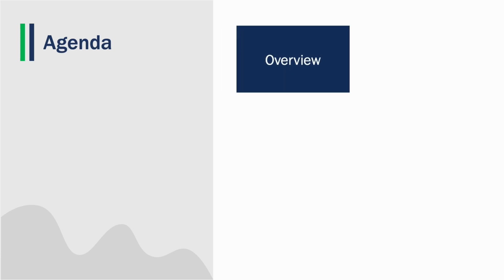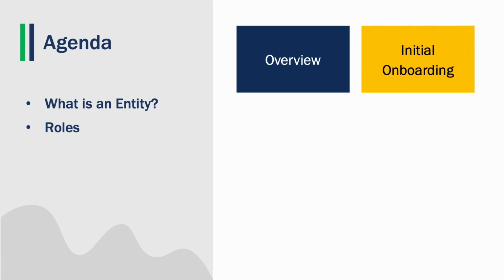We will start with an overview of entity management, including a discussion about the role and responsibilities of the entity administrator, as well as the remaining 5 JUST grants user roles. We will also introduce the 4 Equal Employment Opportunity Program or EEOP user roles. Then, we will review how to initially onboard the entity during application submission, including information about how JUST grants uses data you provide to other federal systems.